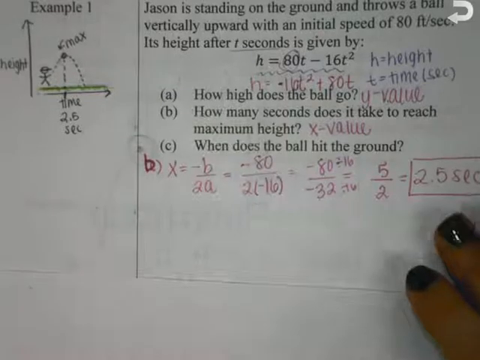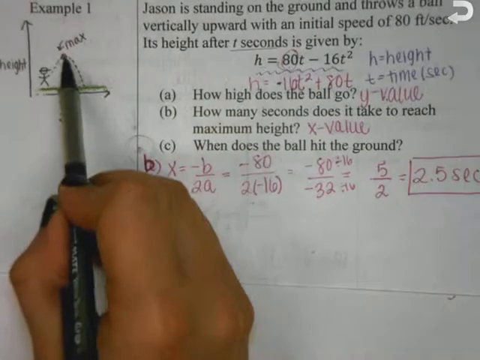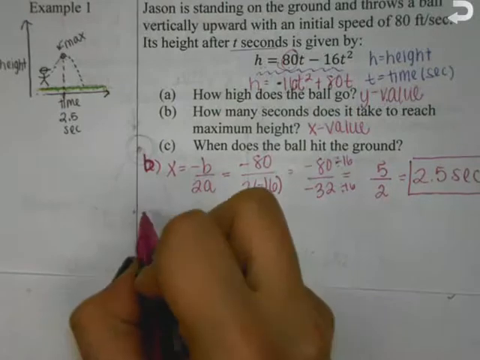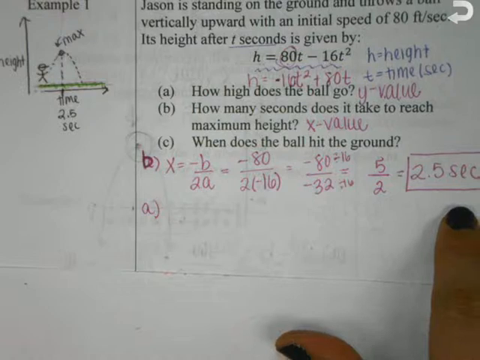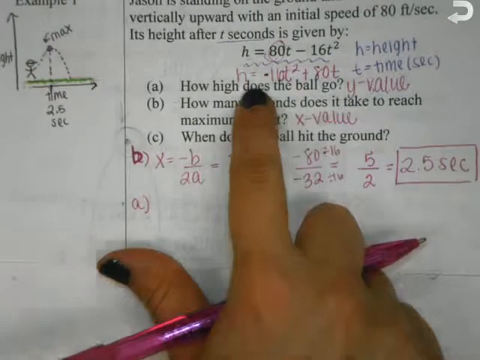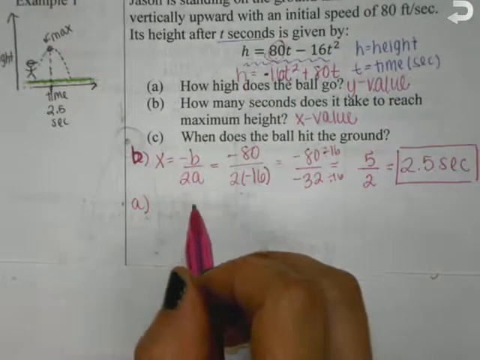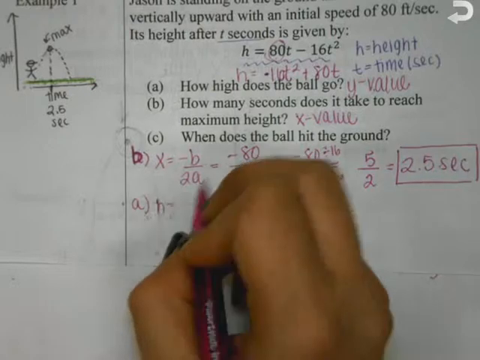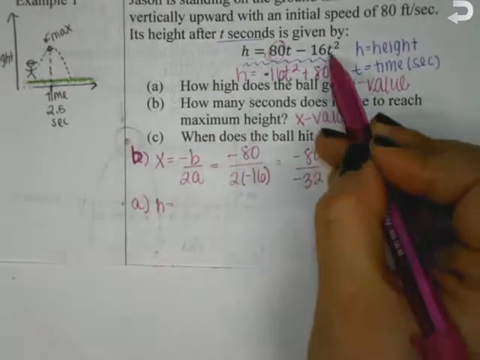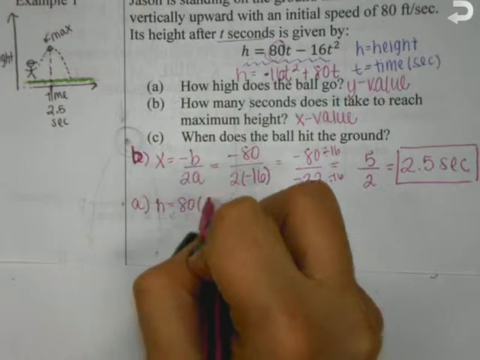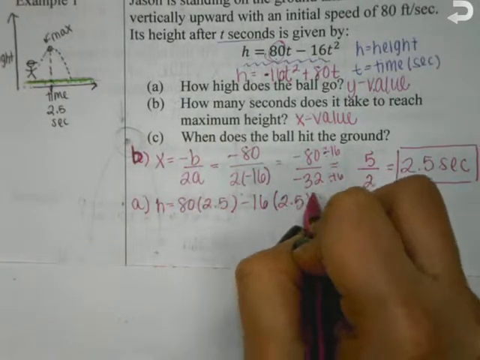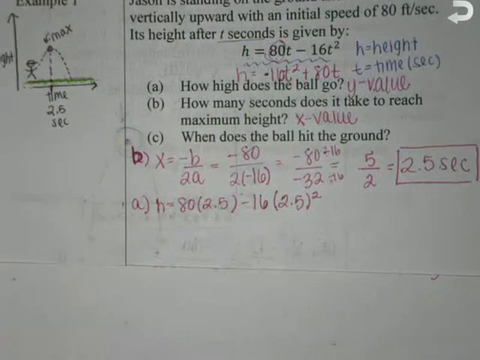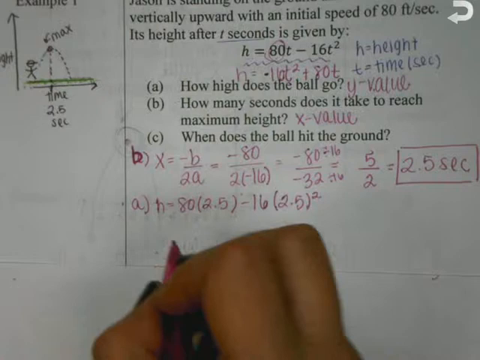So now can we answer part A? What is the maximum height? How do I answer it? Yeah, plug 2.5 in. So let's do h equals, you can use either one, the rewritten or the original: 80 times 2.5 minus 16 times 2.5 squared. You may use calculators on this. So, just because I have all of the math already done, that gives me an h of